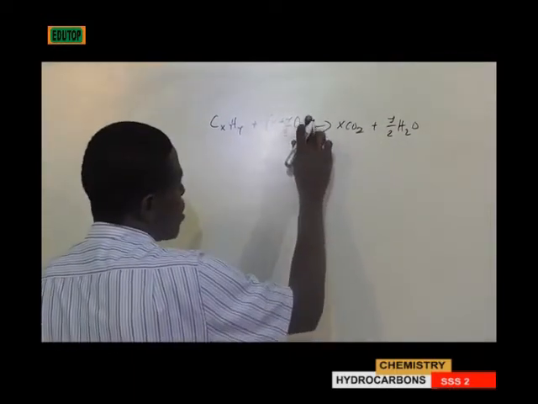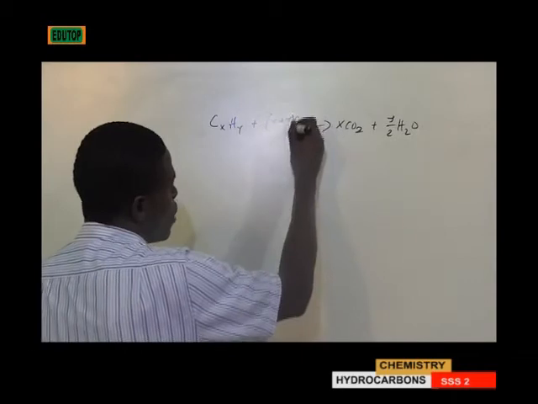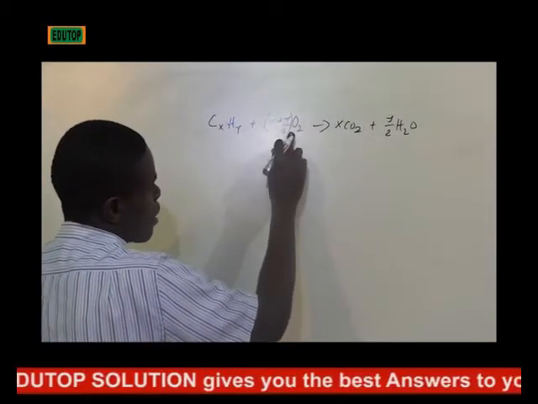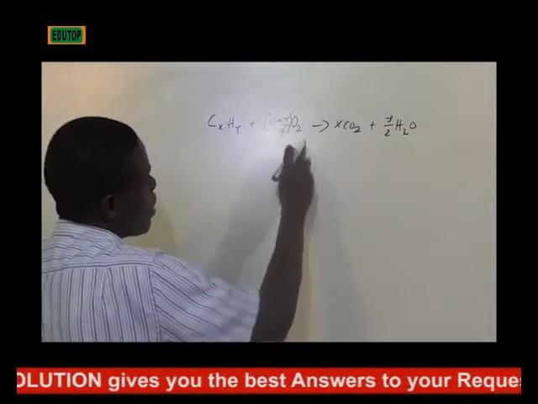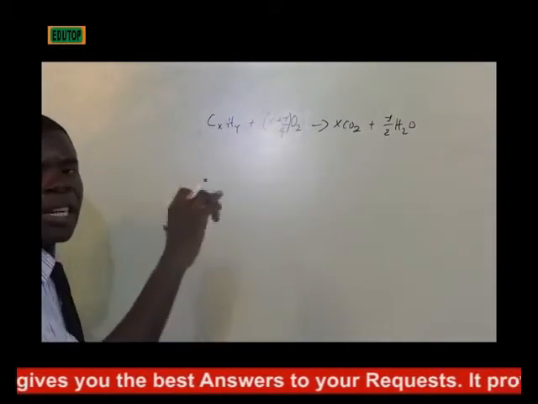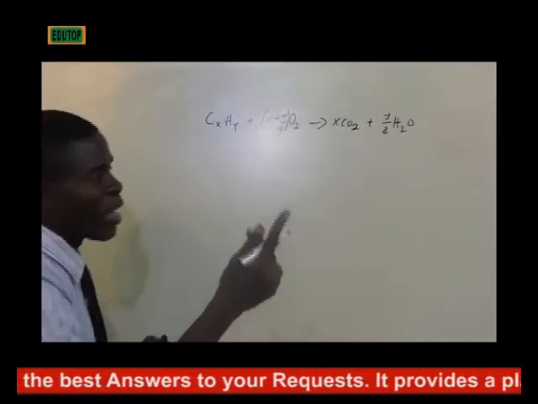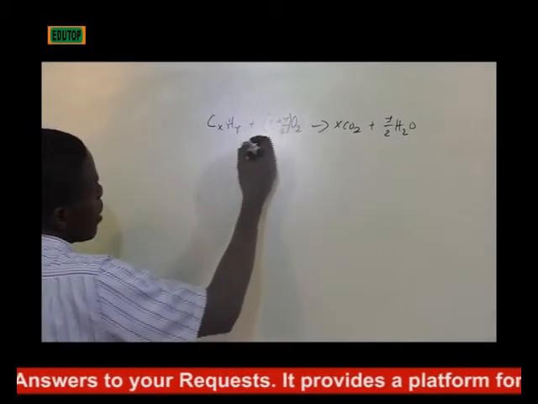The bracket is there to show that it affects only the oxygen outside the bracket. So for any organic compound, such as the one we are dealing with, let's take ethanol